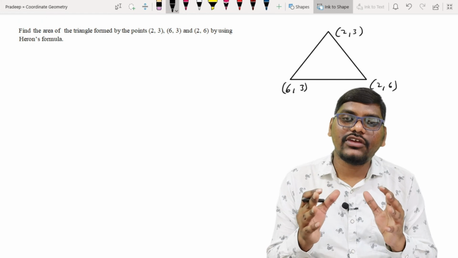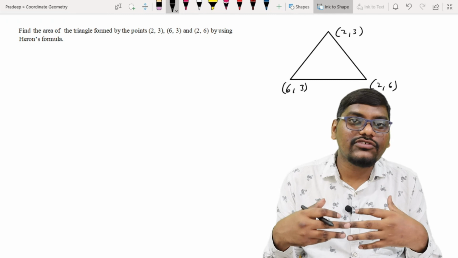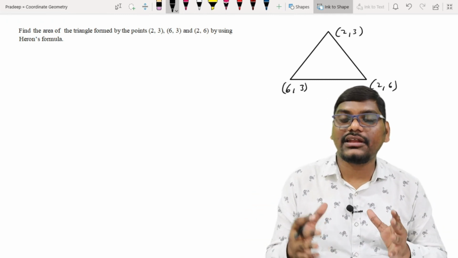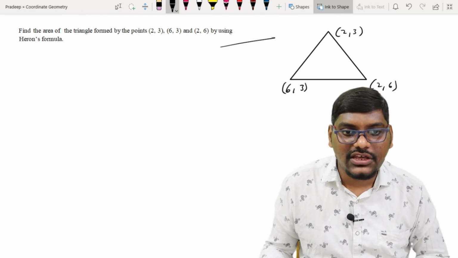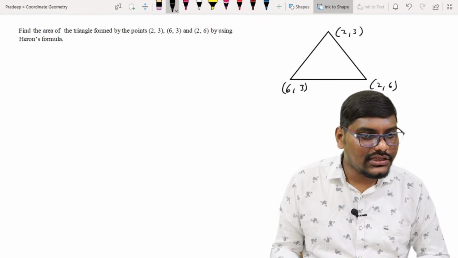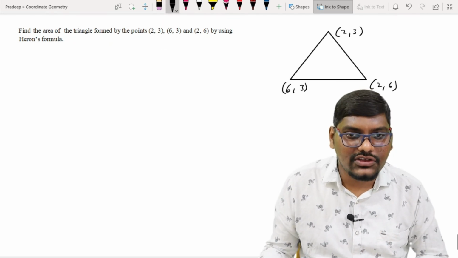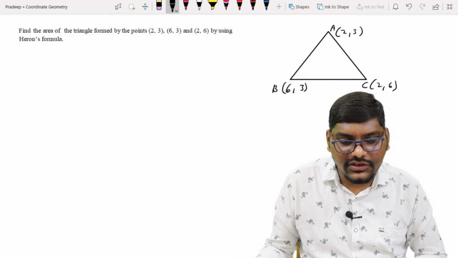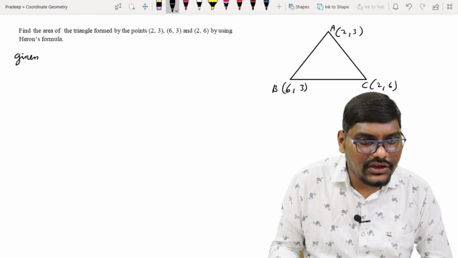Okay, if they didn't say to use any particular method to find the area of the triangle, it is our wish which method we will use. But here they are particularly asking us to do it with Heron's formula. So we'll see the method and we'll try to learn to find the area here. I'll just go with the problem and accordingly you will understand how to solve this. So we have the points, point A, point B and point C, 3 points of this particular triangle. So I can write here, given points are,